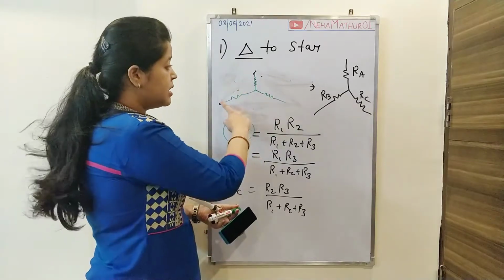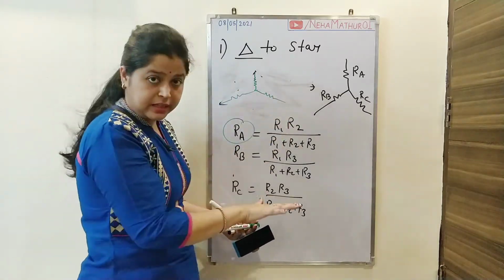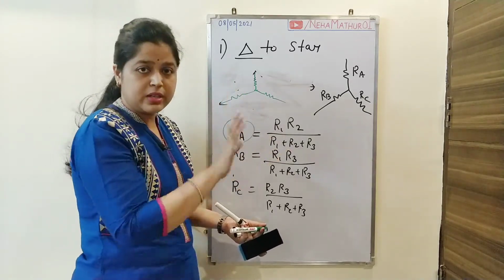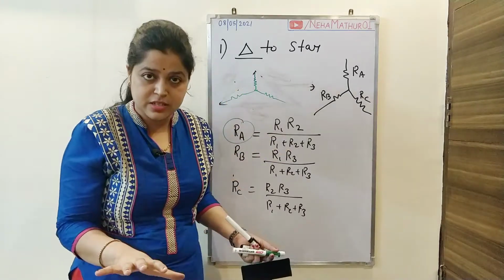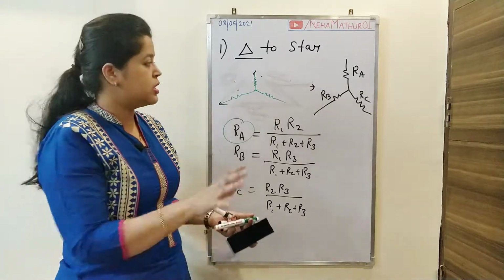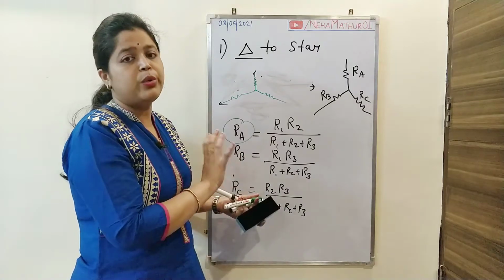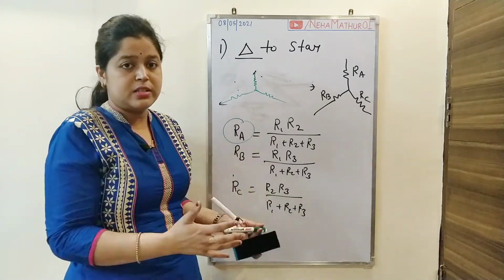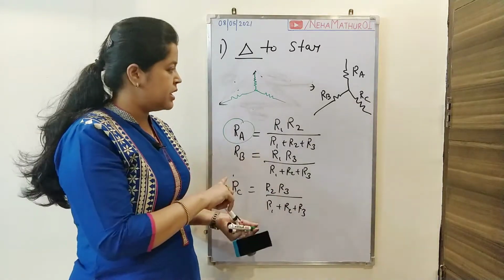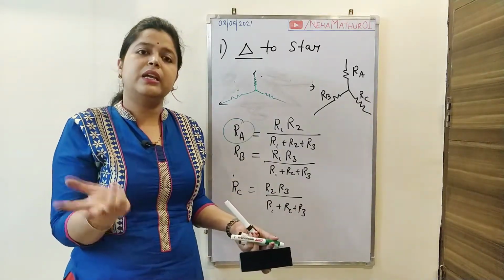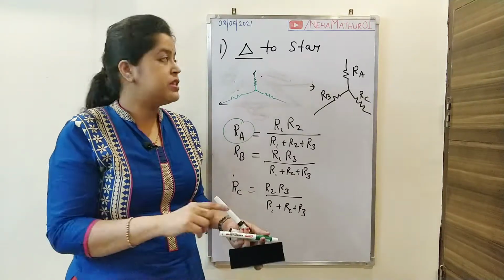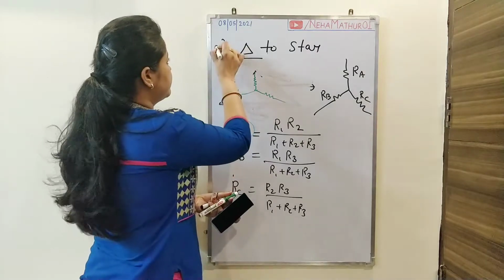Since this is going to be a part of a complex circuit, after the conversion from delta to a star, you will definitely be able to understand the direct connections between resistances, whether they are available in the series form or in the parallel form. So this is going to be very helpful whenever you are going to calculate the equivalent resistance in the case of a complex circuit. The same condition is also applicable in the case of the second conversion, which is star to delta.